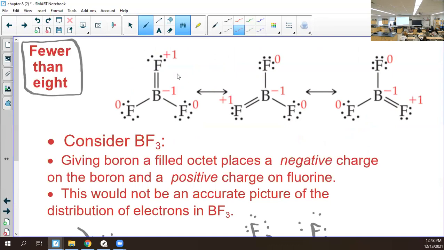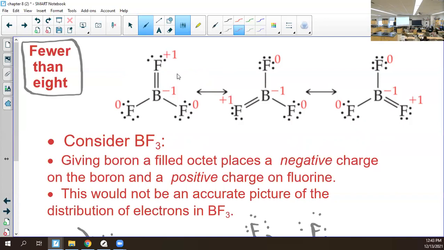BF3. And I'll just tell you, this is on my test. And if it's tested, it's on the AP test almost every time. The main one that has fewer than 8 electrons is almost always BF3, because fluorine is a